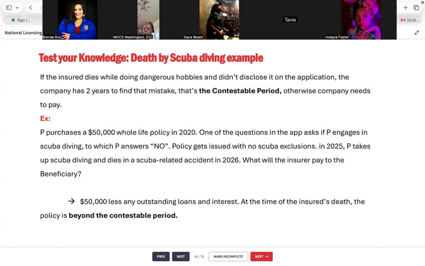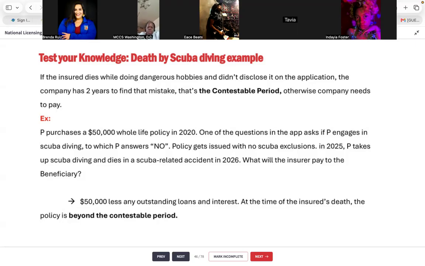The insurance company will pay this policy out because this is not an exclusion, right? It was never excluded from the policy, right? Exclusions have to be, remember that everything that matters must be in writing, right? That was the first thing we covered today. Everything that matters must be in writing. Because nothing was stated on the application that says, hey, you can't go scuba diving, there was nothing about that on the application, right? And P did not lie, at the time when P got the policy, they did not scuba dive.